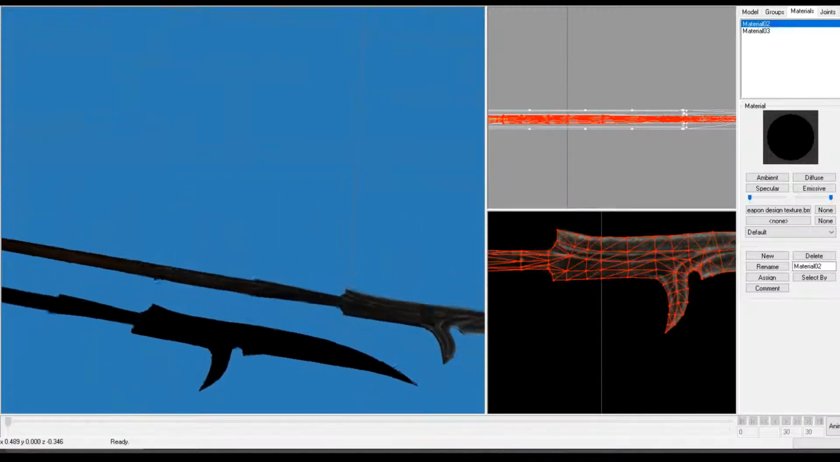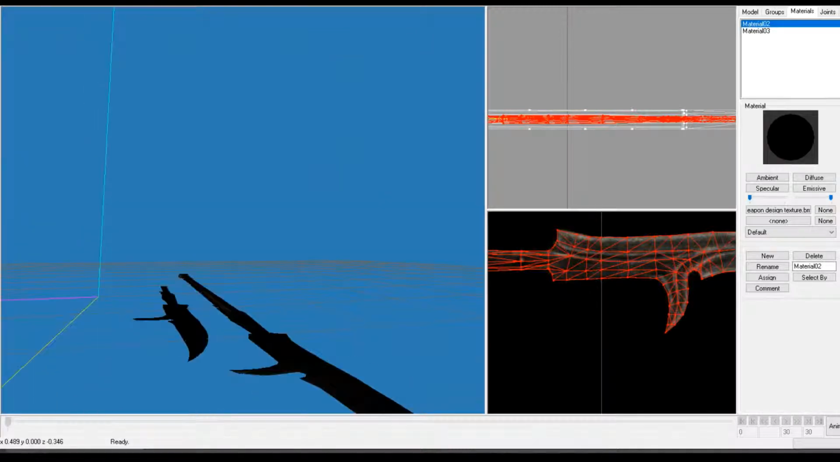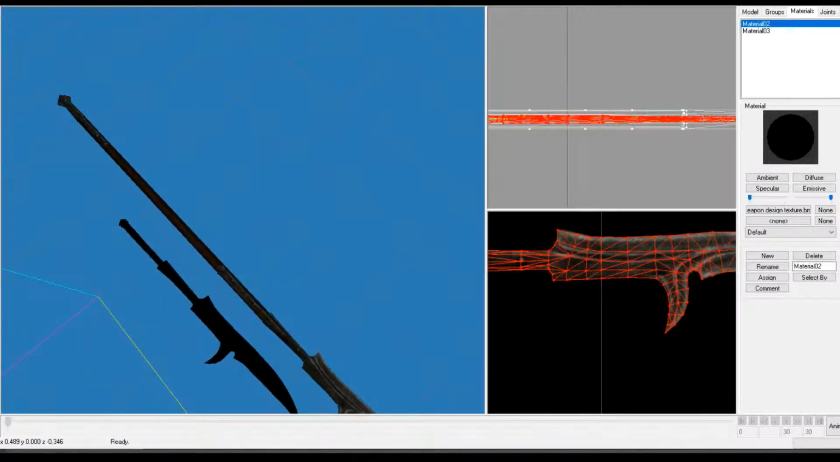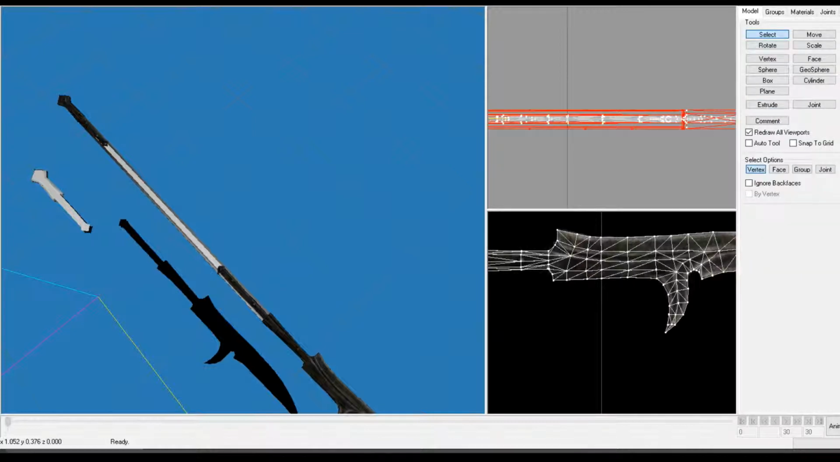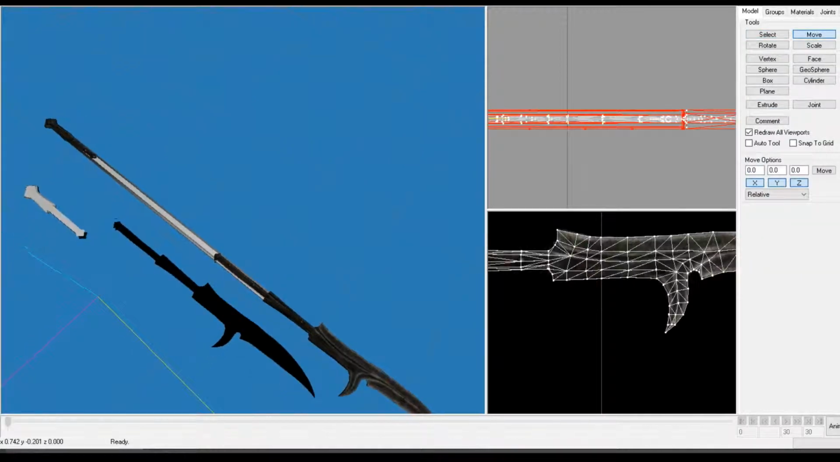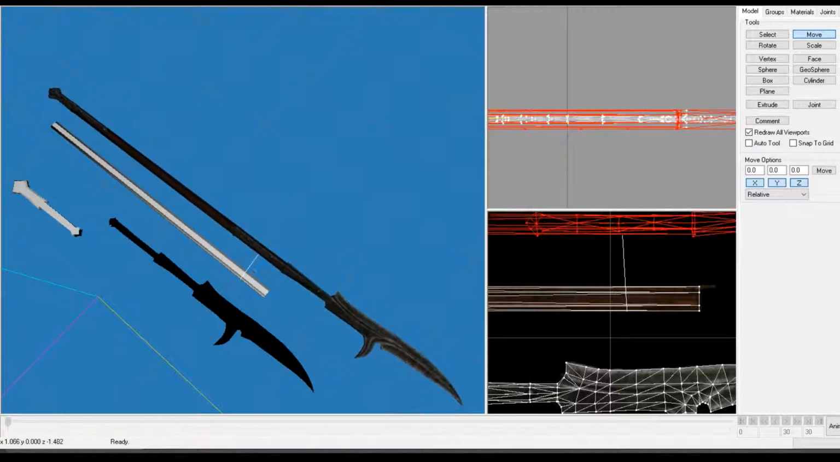But yeah, that's essentially how I do the modeling. I will show how I made the textures in the next video, and then we'll slap this model onto a working unit model, I guess. Throw that in game, test it out,